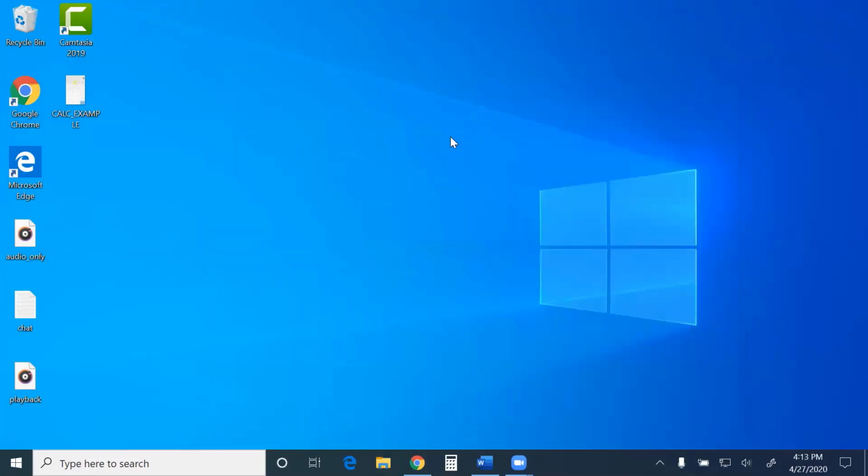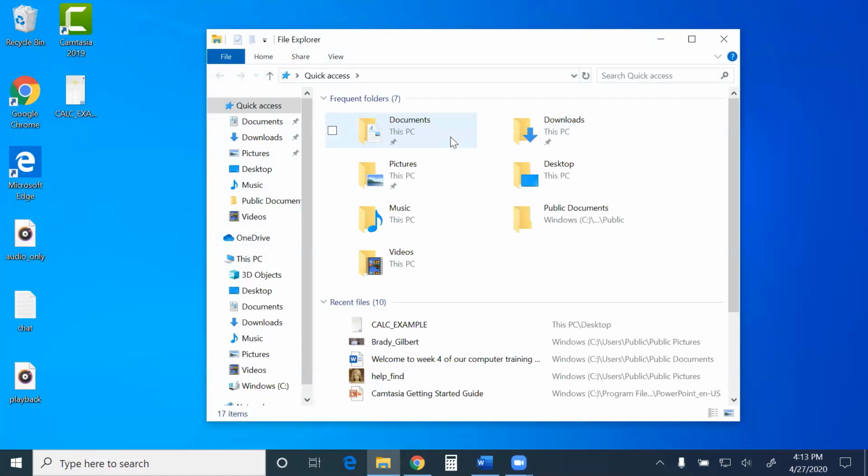Here's the way I almost always will open File Explorer, and you can do this right now. If I hold down the Windows key on my keyboard, if you haven't been in the previous meetings, that's the key that's usually two keys to the left of your space bar. It's got a little Windows logo on it. So hold down that Windows key and press the letter E, like Explorer, E like Edward, and it should also open up File Explorer on your computer. Feel free to close that back, or you can leave it open if you want to. Whichever you prefer. You may want to minimize it while we go through a little bit of a discussion.